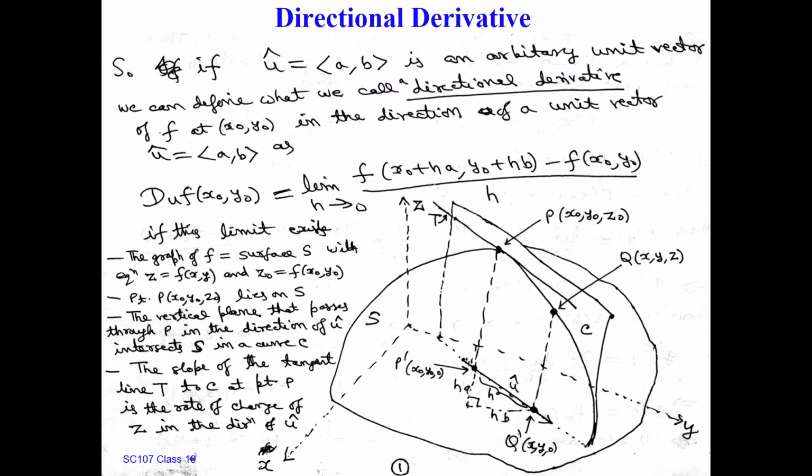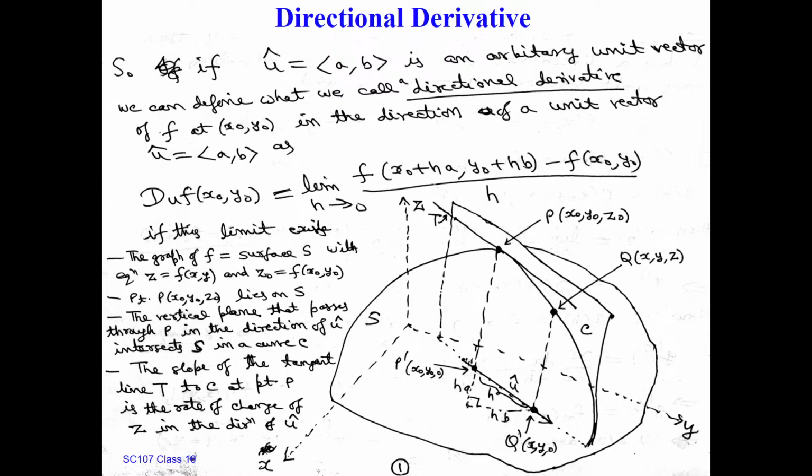So what do we mean by directional derivative? When we are differentiating, if f of x comma y is a two variable function, we differentiate partially with respect to x, so we are differentiating in the direction of x. Similarly, we differentiate in the direction of y, so partial derivative with respect to y, right? But if we want to find the derivative in any direction, how do we find it? Because now it's a surface, right? In the single variable case, it was just a graph,